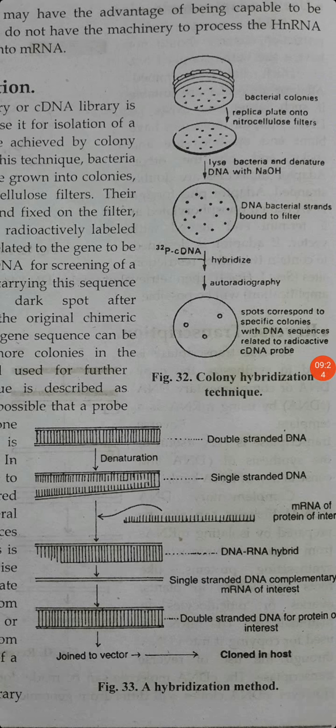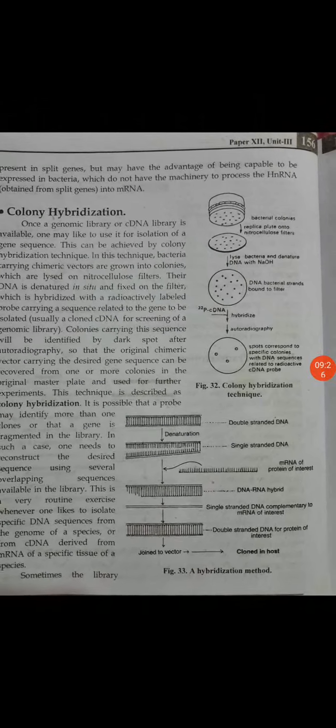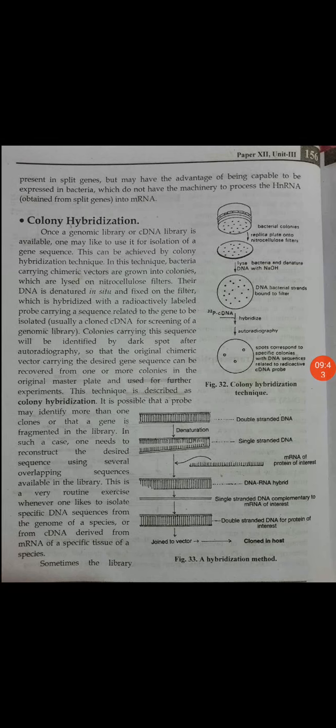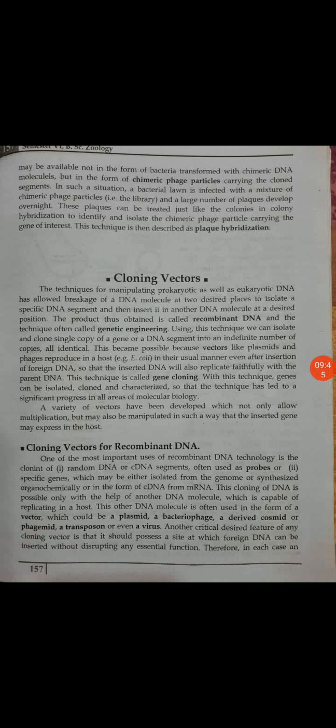So it is very simple: colony hybridization means the gene of interest is introduced into the bacteria. The bacteria divide, we get many more genes, and many genes are isolated for further study. So this is called colony hybridization. It is simple theoretically, but practically it is not so simple because we can't see anything with the naked eye. We just do the experiments, and when we get the final result, then our experiment is successful.